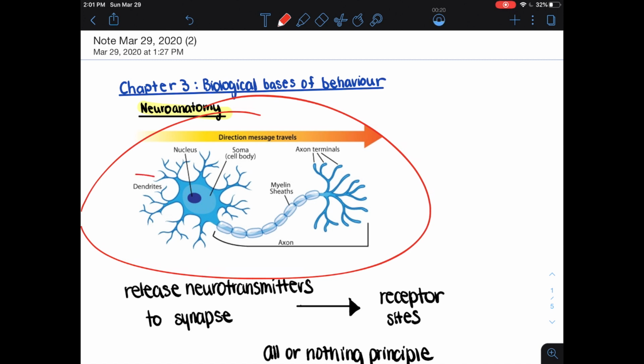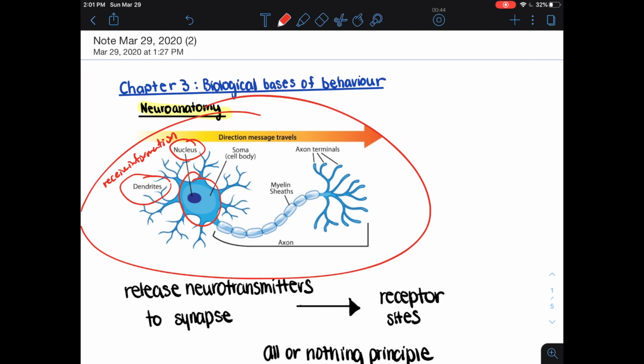So first we have the dendrites, which are all these ends, and they're the root-like parts of the cell that stretch out of the cell body, which is this part. And they receive information. And then we have the actual cell body, or soma, and this contains the nucleus and the other parts of